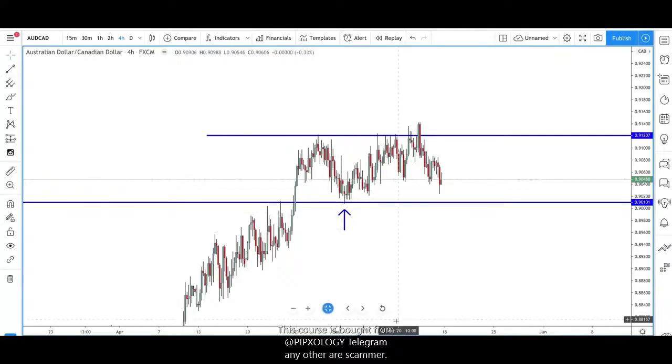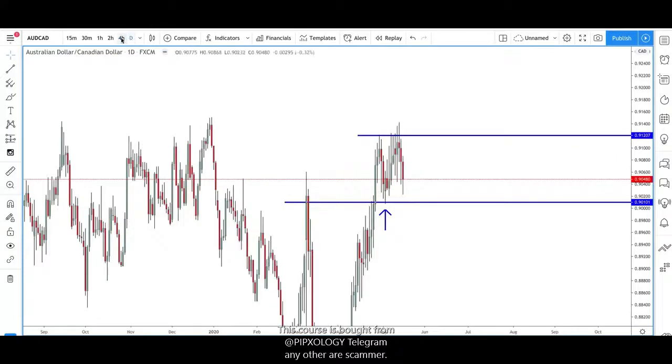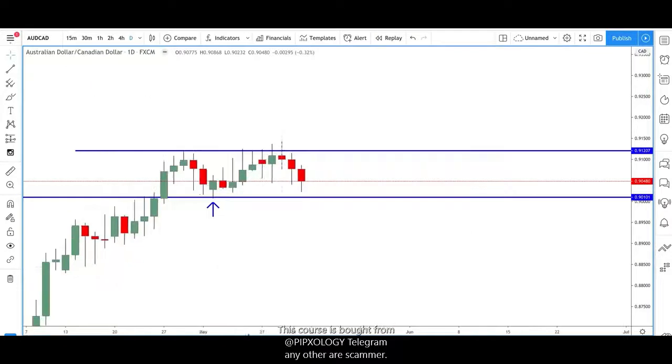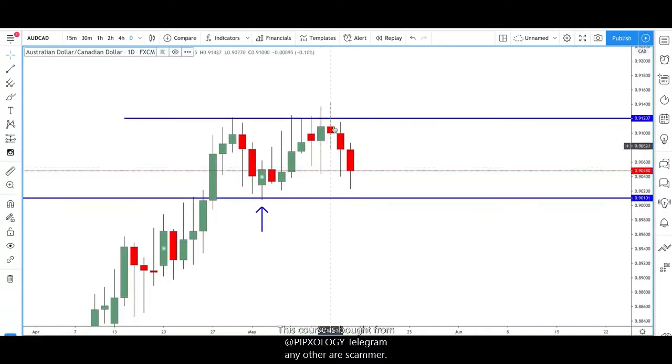Aussie dollar CAD, similar situation. This has been stuck within a 100 pip region for about 2-3 weeks. Every time we have a little bit of a bearish move down, you can see that nothing comes from it. You have a move up and a move down, move up, move down, move up, move back down, finishes in the middle, doji, doji, doji. Move down, push back up, move down, push back up. Not the strongest moves here. Got in that little area of support.